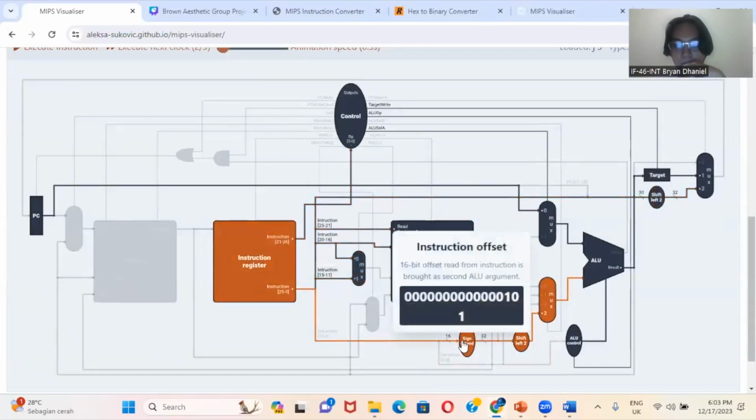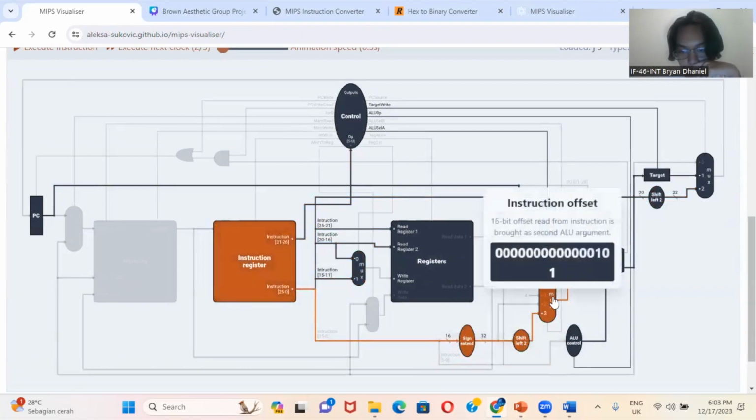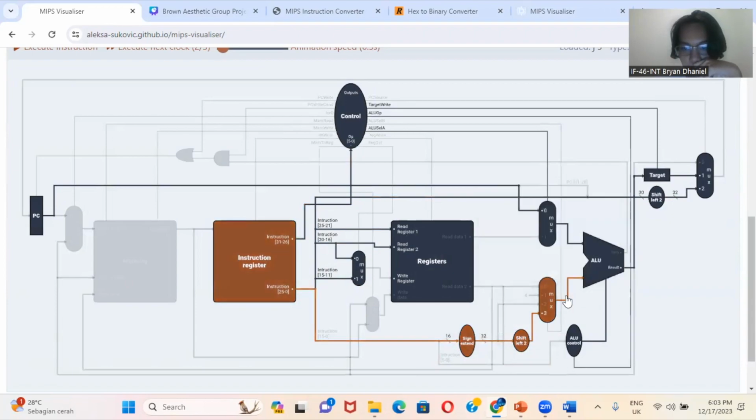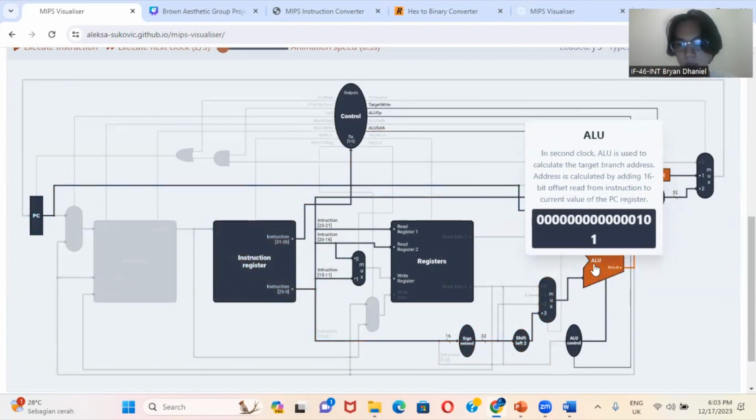And in this, the input is 16 and the output is 32. So the 16-bit offset from the instruction is for the second ALU argument. In the second clock, the ALU is used to calculate the target address. The address is calculated by adding the 16-bit offset from the instruction to the current value of the PC register.